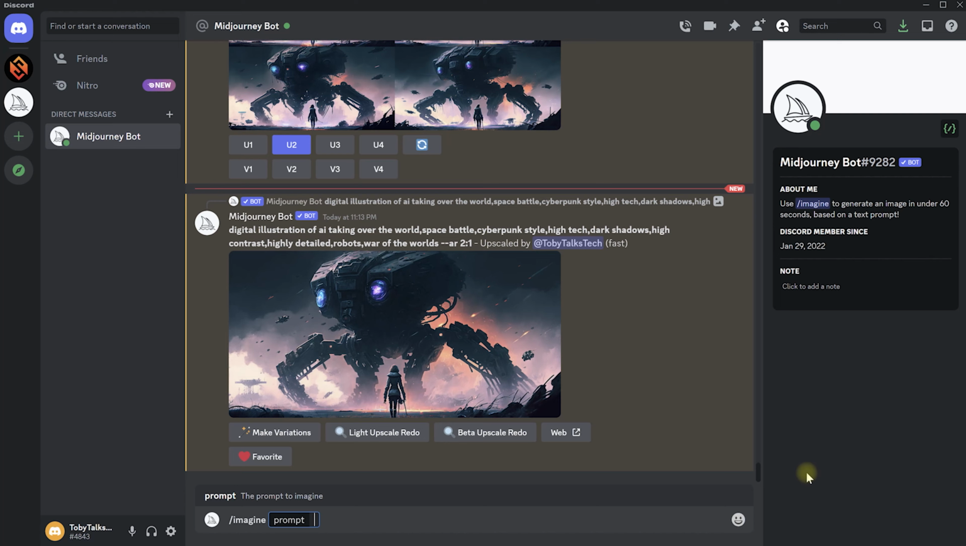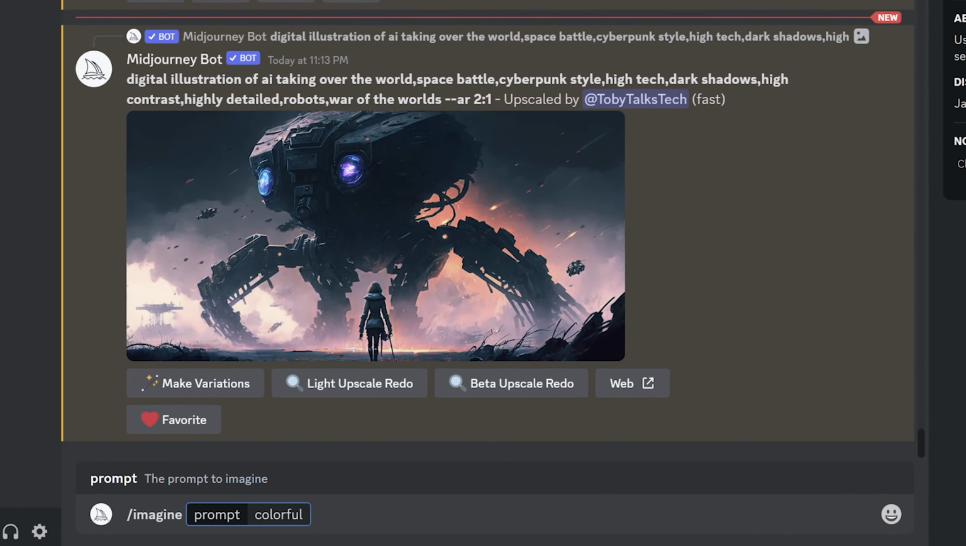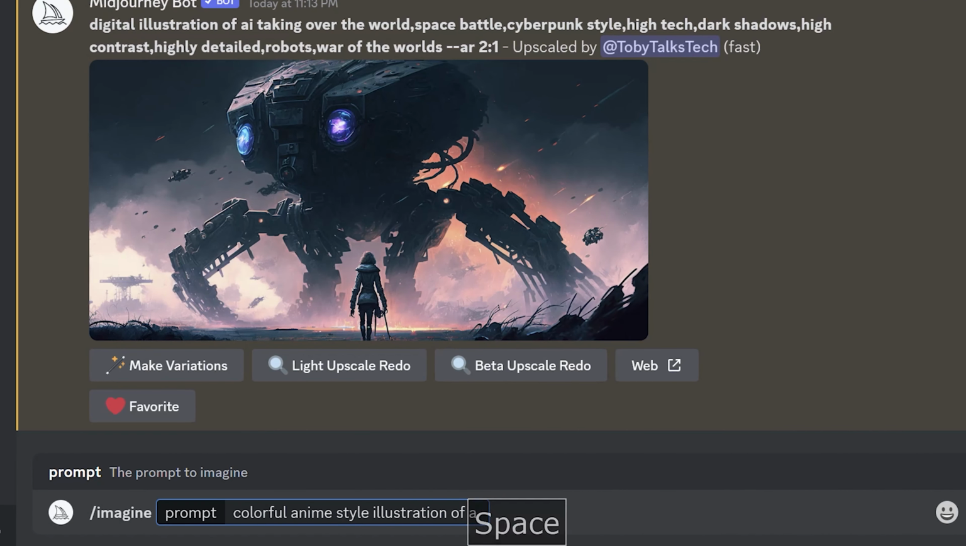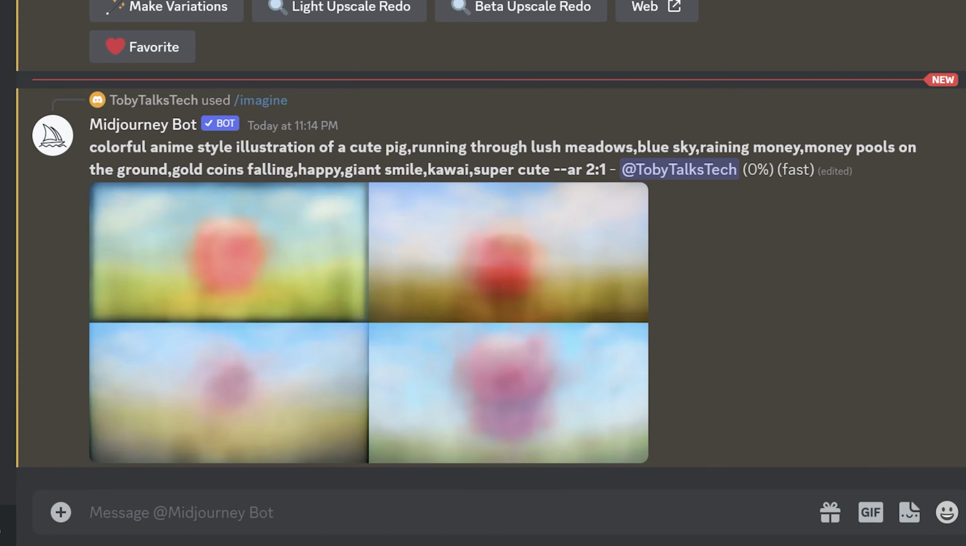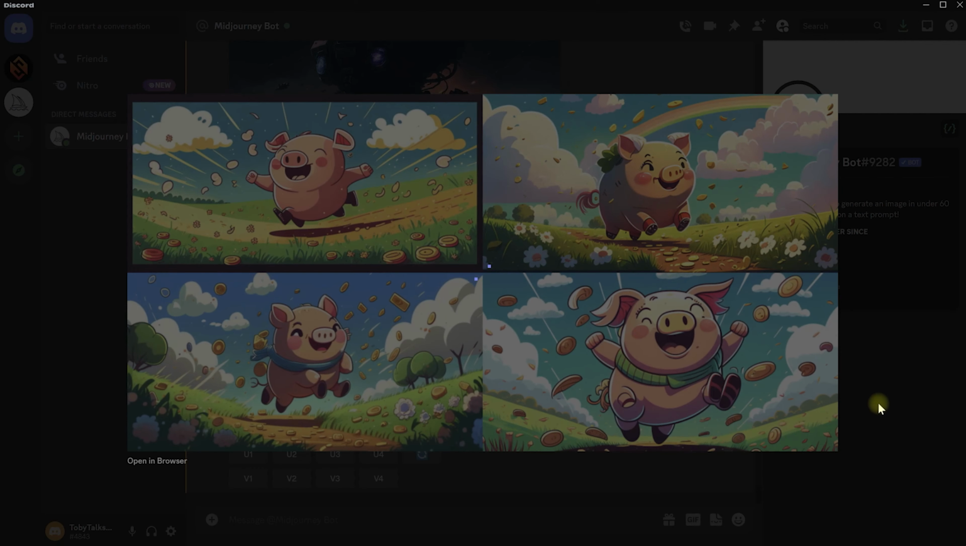With Midjourney, you can simply generate your own stock footage images, and that can be anything you can imagine. For example, you could simply type /imagine colorful anime-style illustration of a cute pig running through lush meadows, blue sky, raining money, money pools on the ground, gold coins falling, happy, giant smile, kawaii, super cute, --AR 2:1. And then out of the 4 images that you get, you can pick one and upscale it and you're done,